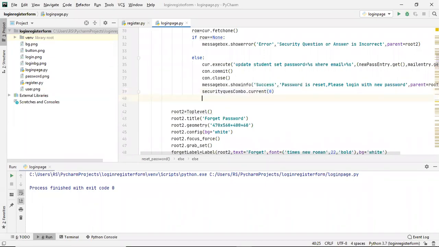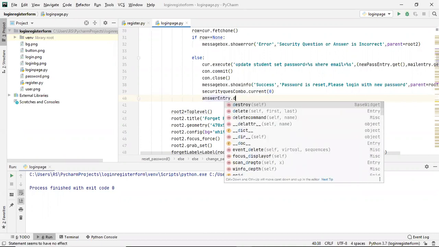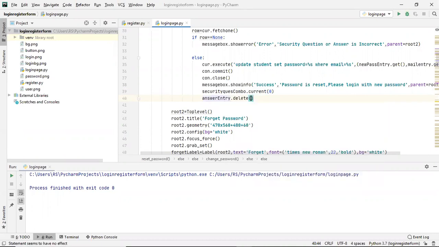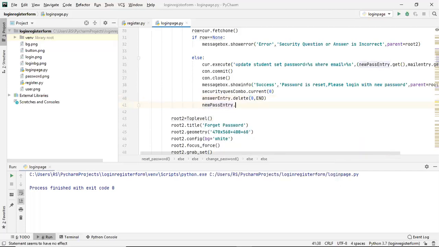Next is the answer: answer entry dot delete, so whatever is written in that answer should be deleted from 0 to end. Then the new password entry dot delete from 0 till end. Only these three things were there, so we are done.